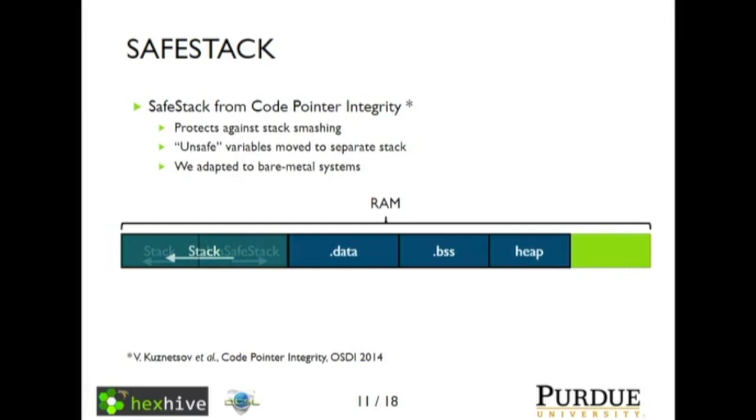So the way we do that is the analysis runs, creating a stack and an unsafe stack. We invert the direction of the unsafe stack, so those two stacks grow away from each other. We then move the unsafe stack to the top of memory and place a guard region below it. So what happens now is if something overflows on that unsafe stack, it'll either hit this guard region, which will cause a fault, or it'll overflow the upper end of memory, which will cause a fault also. So we've now limited the variables that can cause corruption on the stack to just other variables that are also potentially unsafe, and preserving all of our stack pointers and other things on the regular stack.